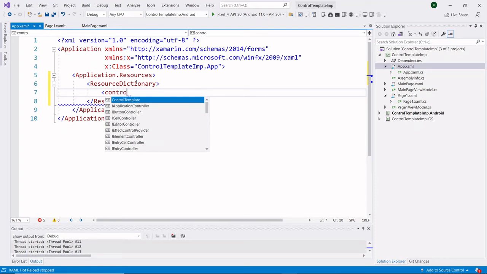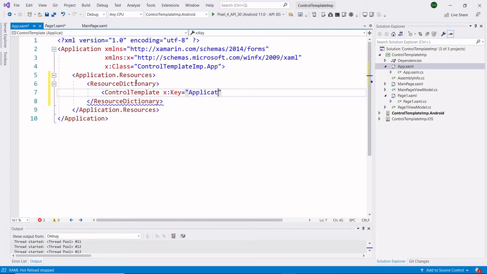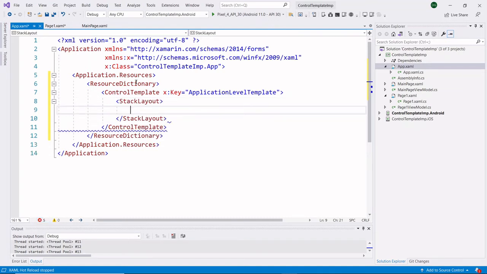Let's create our control template in the app.xaml page. If you want to create a control template, we have to write the control template tag and give a key for using this control template. Here I am giving the key as application level template. Inside this control template, we need to give our design.